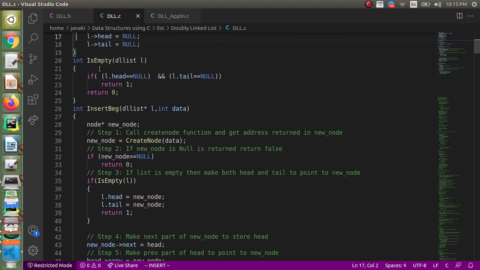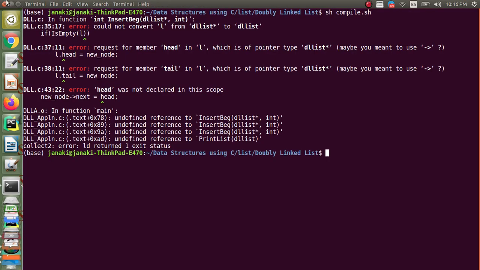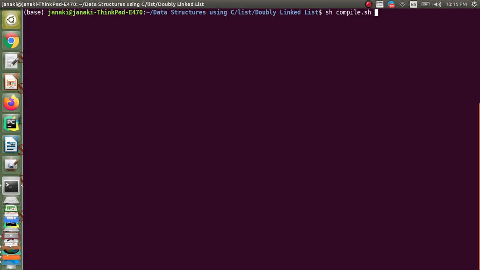Let's compile and check it. Yes, there are a few mistakes. Here when I pass it for the print function, it should be passed as the value. Actually address is coming. Similarly here L is coming by address, so I have to give the pointer dereferencing operator.